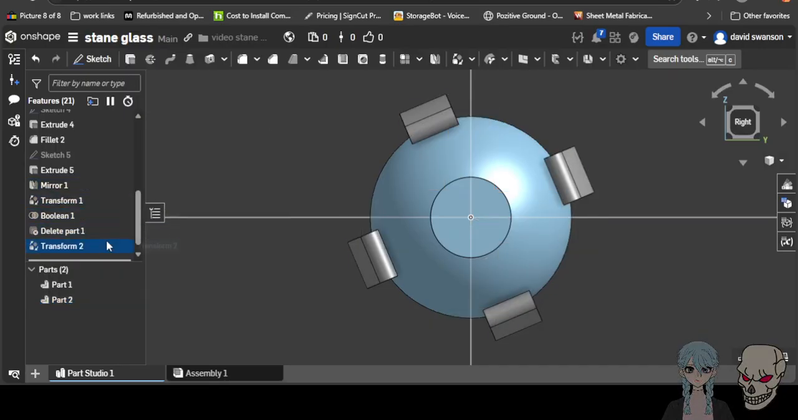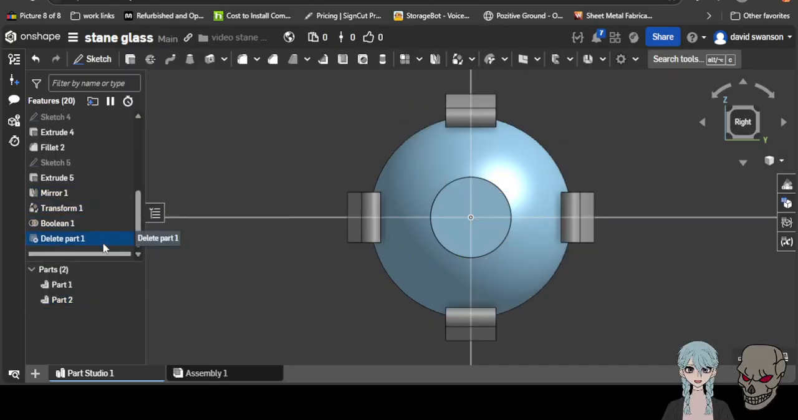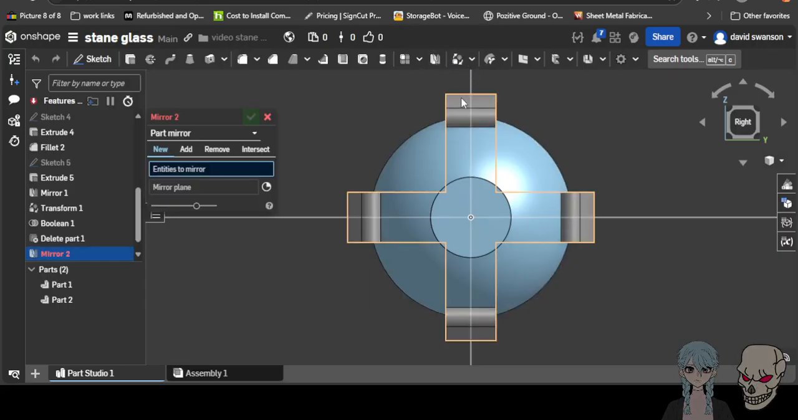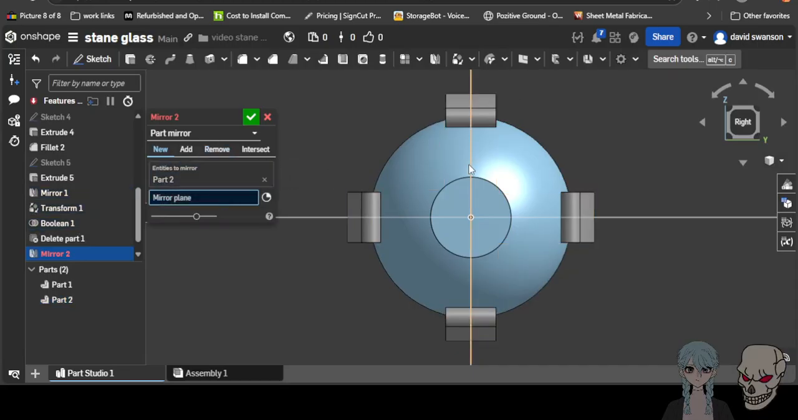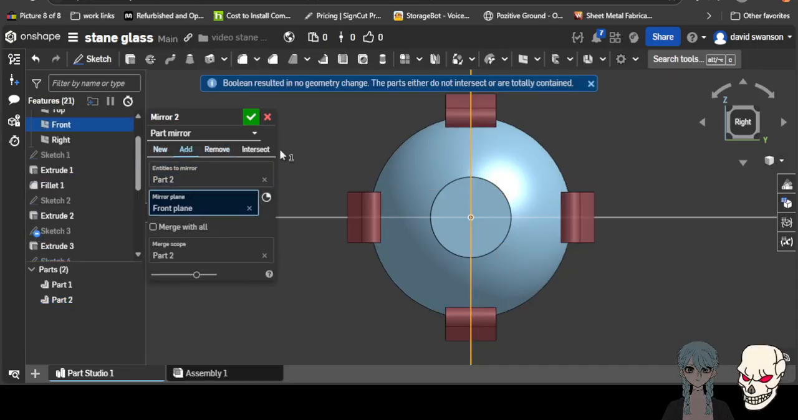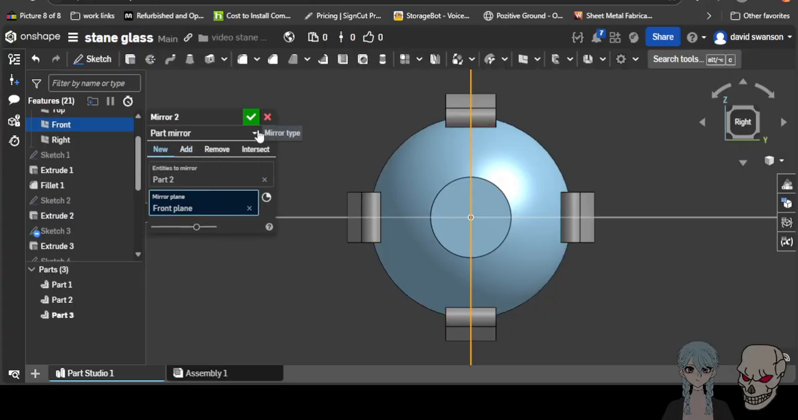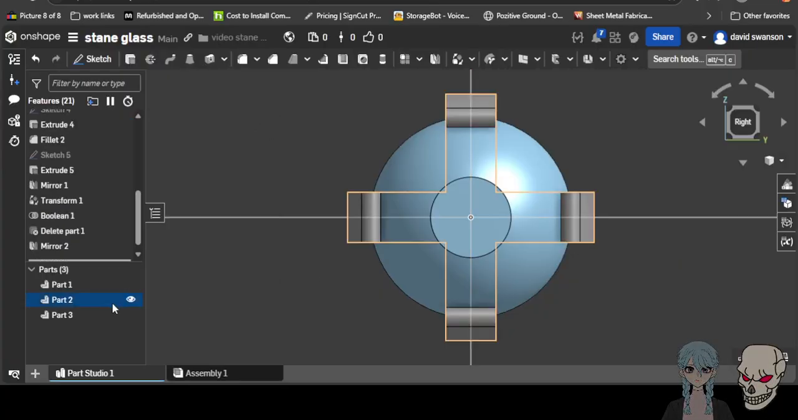Oops. I forget I need to mirror this again in order to get